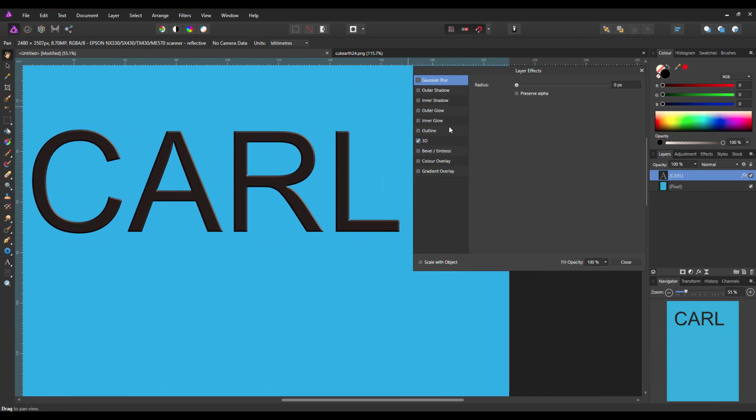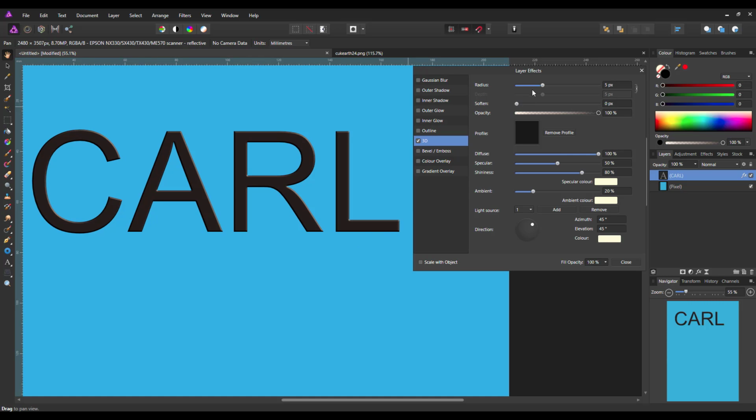Alright, that's it. Right, we're starting with 3D. So I'm going to just push up the effect of that a little bit like that. Just going to change the direction a bit, so let's have that effect roughly in the middle,